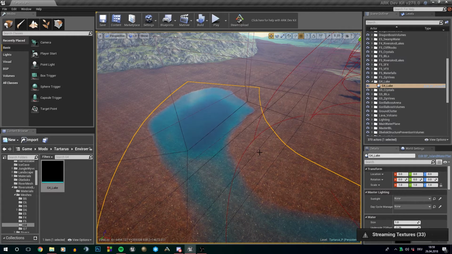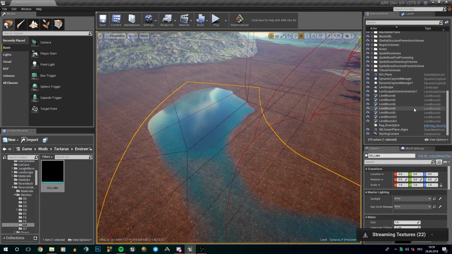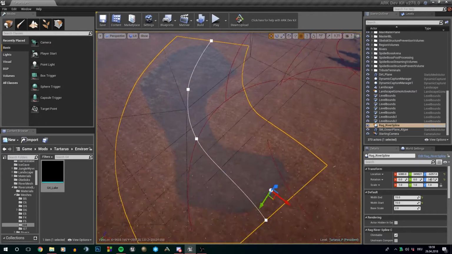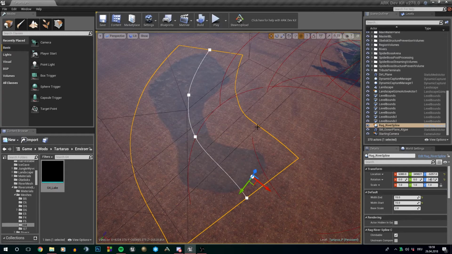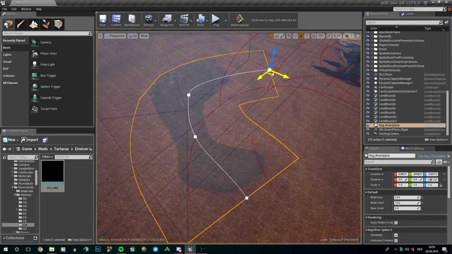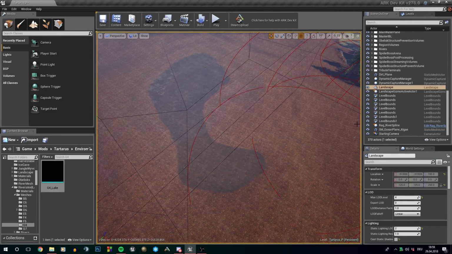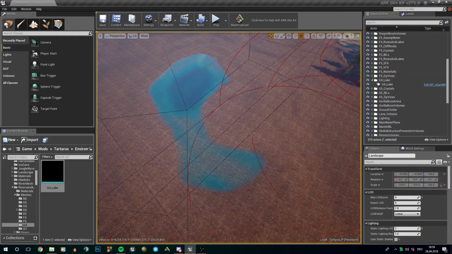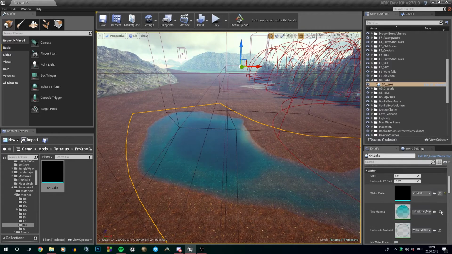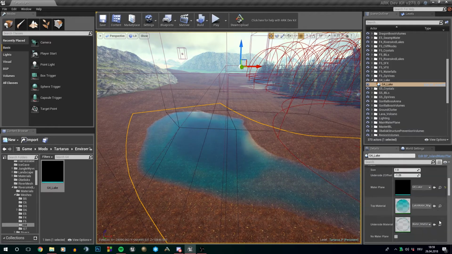So, welcome back. I've simply fixed it in a few seconds. For those wondering, the river spline was very curved, and sometimes weird things happen if it's too curved. So it was actually good that it happened. So make sure it's not like that or anything, because as you were able to see, problems might occur. So once you have your water plane re-imported or imported, and everything's set to 0, you will